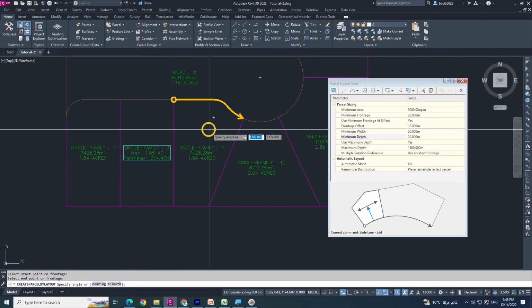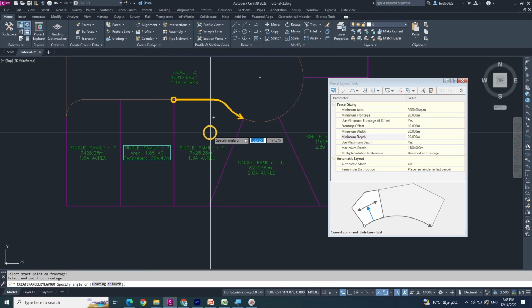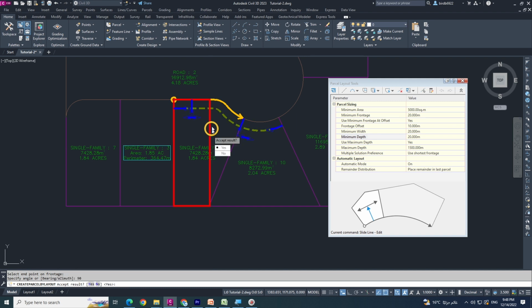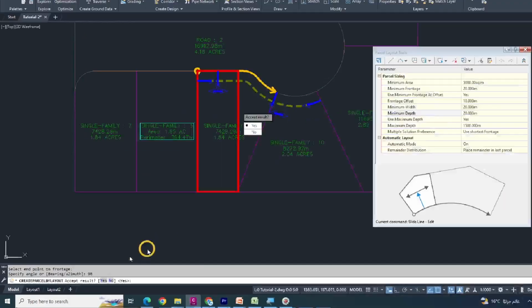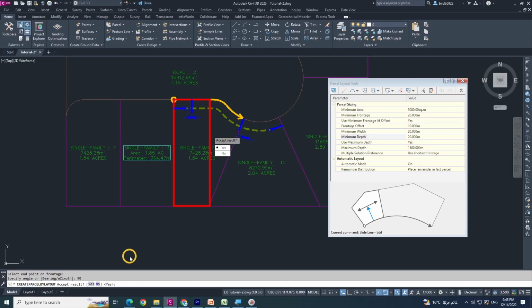You can hit enter, or you can give the angle 90 degrees. If you give 90 degrees and hit enter, see the red highlighted line. This will be your next lot. Civil 3D is asking you here, read here, accept result, yes, or if you don't accept this result you can click no. I hit enter for yes, I accept this result,